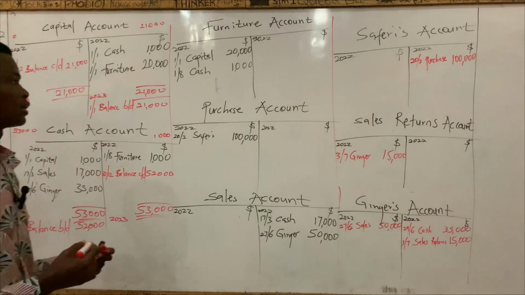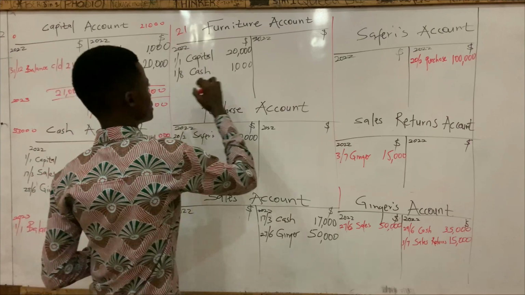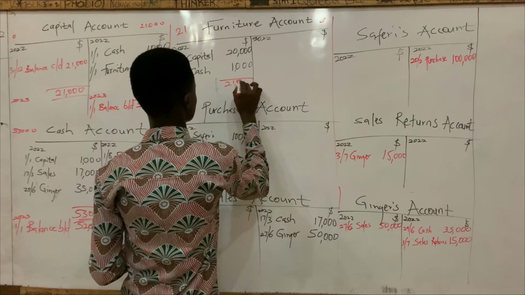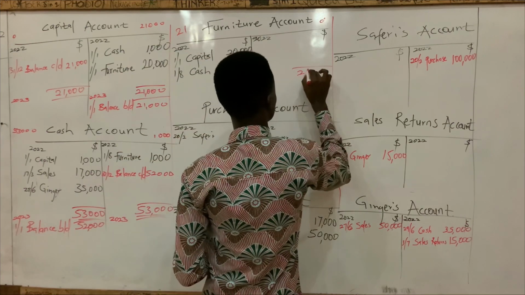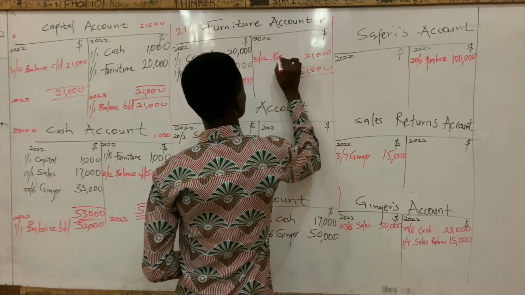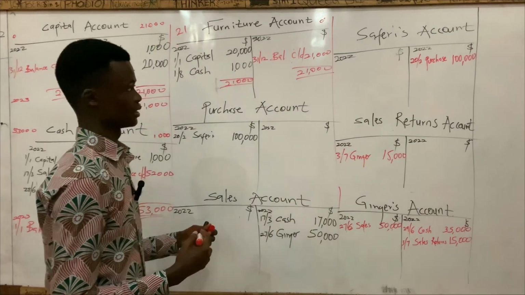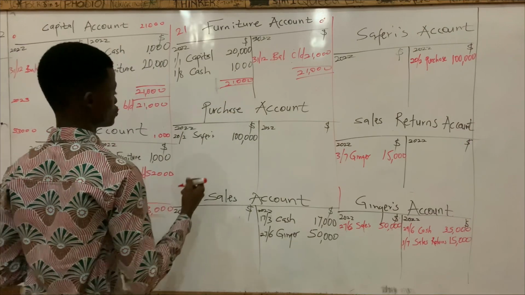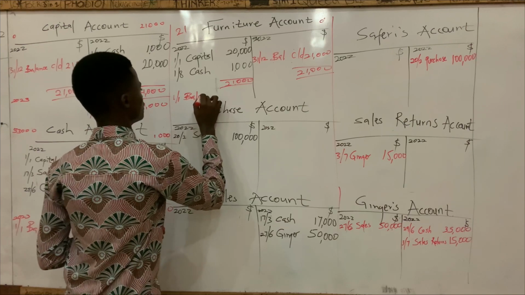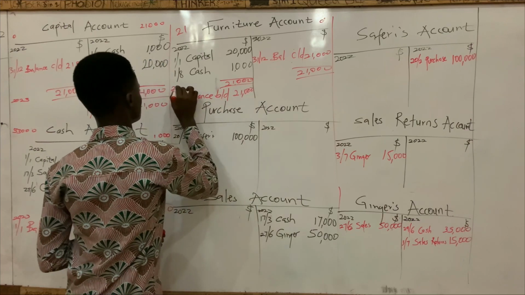Okay, so we will do the same to the rest of the accounts. So the total debit entries of the furniture account is $21,000 and the credit entries is 0. So we close up both sides with $21,000 and it will be named as balance C/D. BAL is also accepted. So this same difference will be brought to the opposite side after the total, and it will be called balance B/D, $21,000, but it should be